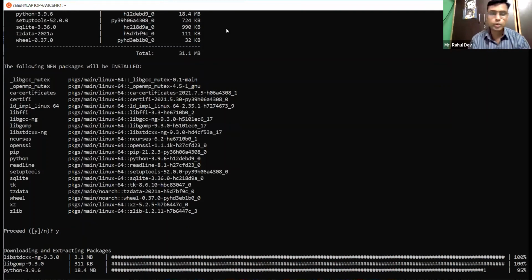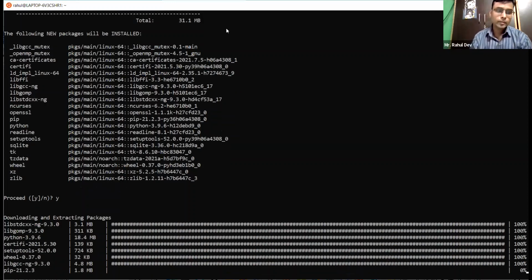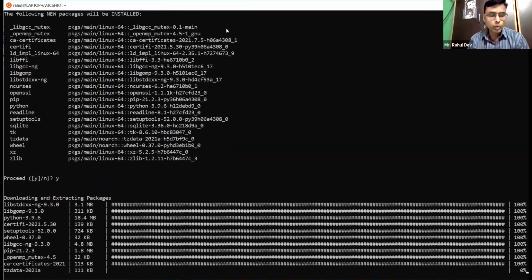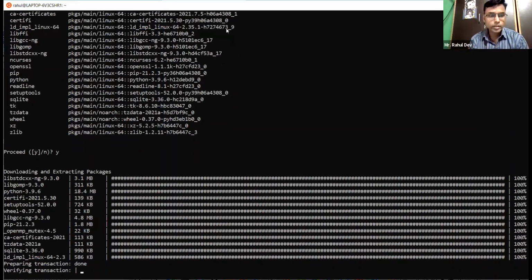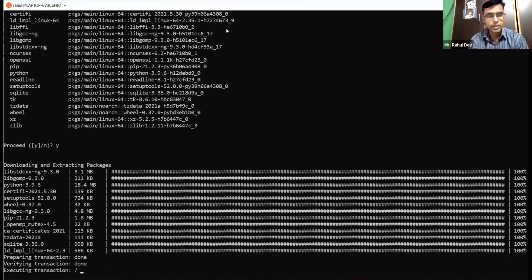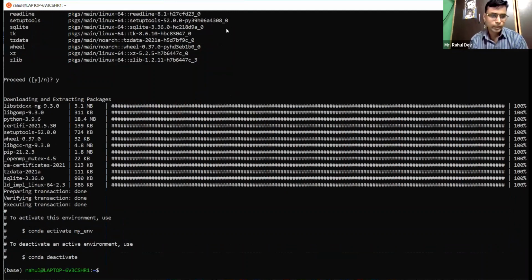Now, this is the very crucial step at this moment. This step requires a good internet connection and good configuration of your system. If your system is slow or there is any problem in the system, this step would take a lot of time. I refreshed my system many times before doing that in the final session. That's why it is happening.